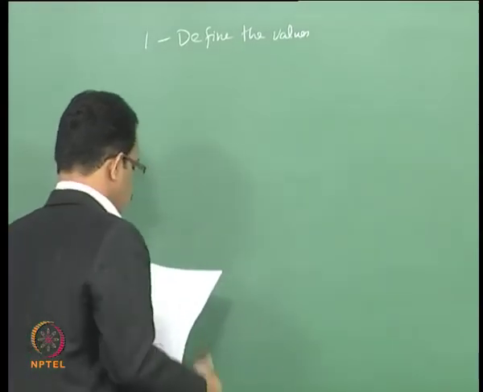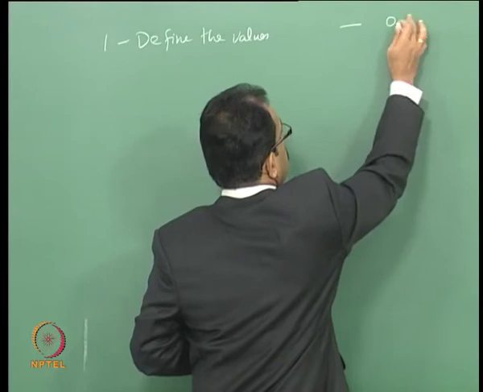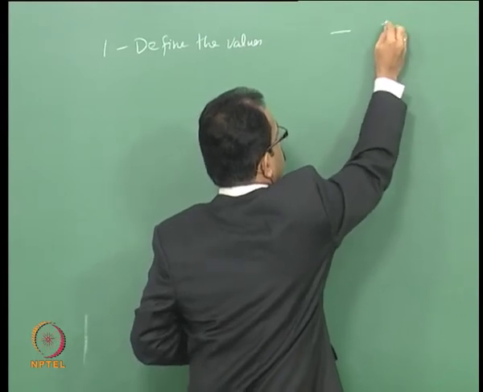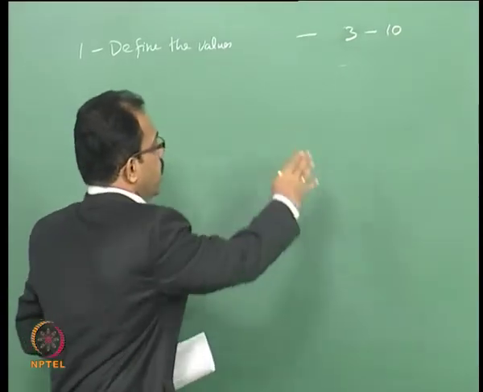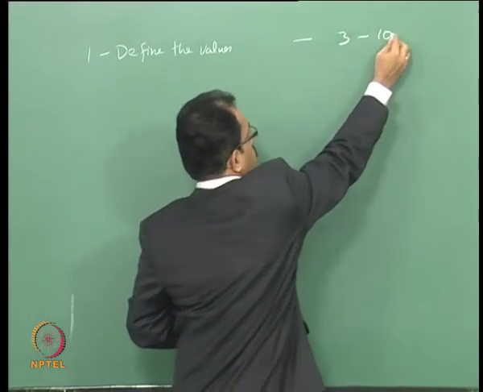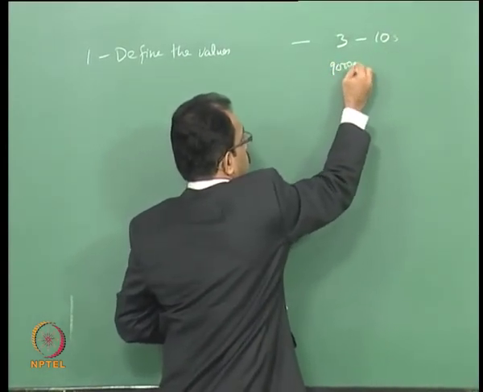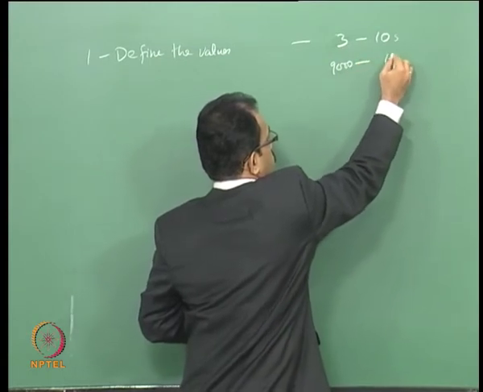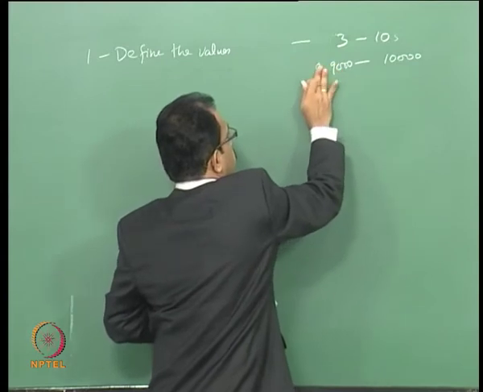So, define the values basically for each objective. We can say that the time in system has a minimum value of 3 seconds and a maximum of 10 seconds. So, we can define this kind of minimum to maximum values for any function. It can be 3 to 10 seconds, or you can say the cost should vary from a minimum of 9,000 to a maximum of up to 10,000 rupees. So, this way we can define the